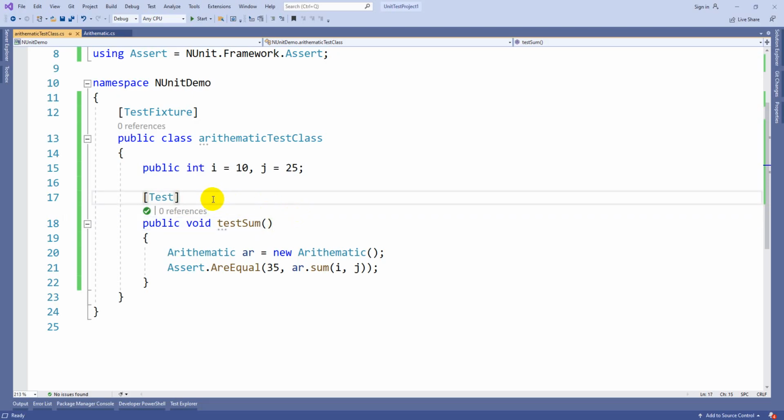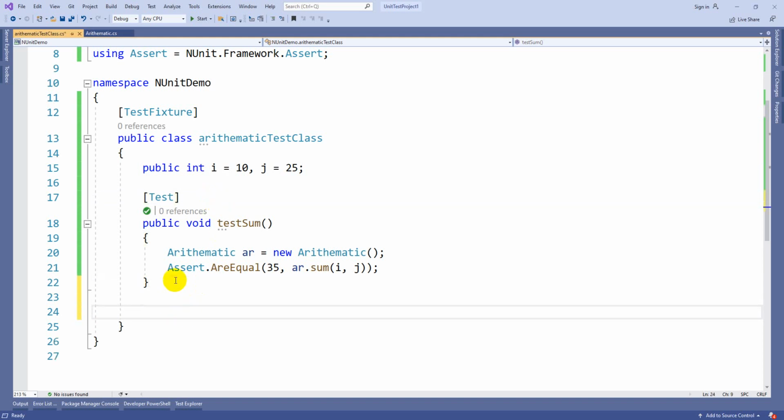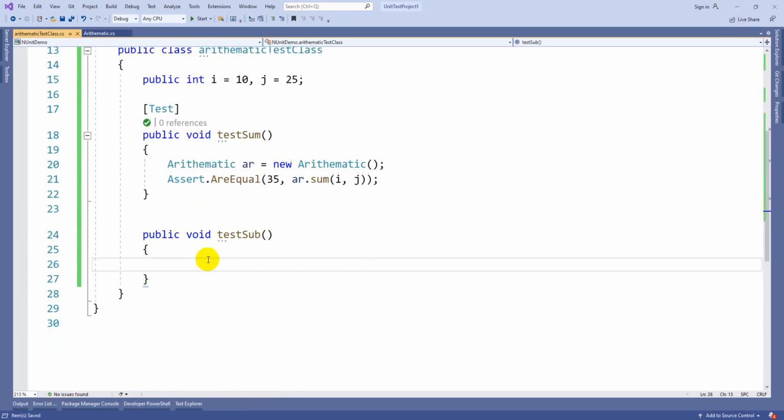One more thing, guys: you can implement the code in another way, where you can pass multiple values and check whether they are working or not. Let's implement one more code: public void TestSubtract method. Instead of taking single default values, let's test for multiple values.